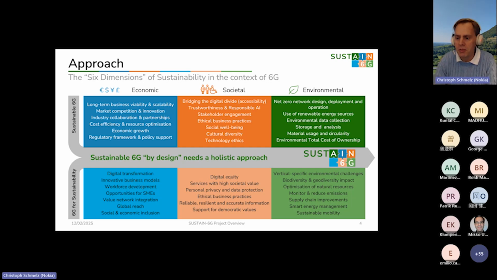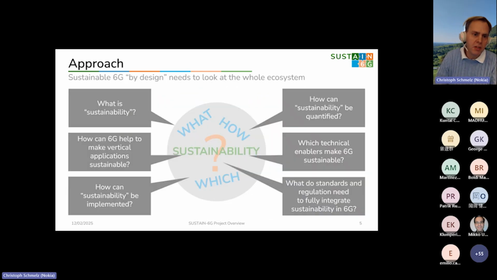You need to adapt. Simply saying the most energy saving communication network would be the one which doesn't exist, which doesn't consume any energy. But this is probably not the way we want to go. So that is, let's say, the big picture we will be looking at. Now, what does it mean for the project? Coming back to the questions,